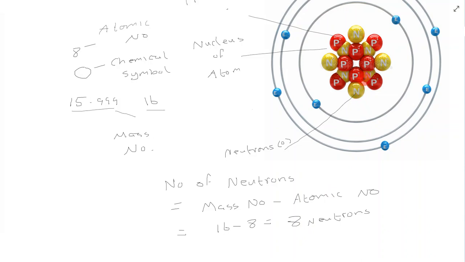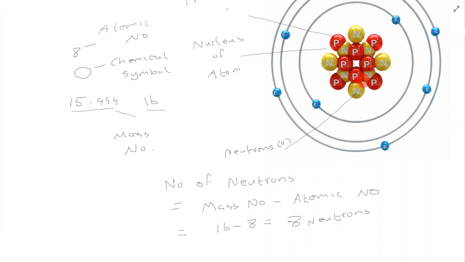So if we have a look here, we've 1, 2, 3, 4, 5, 6, 7, 8: 8 protons and then 8 neutrons. Now, the neutrons have no charge. They don't carry any charge at all. The number of neutrons present within the nucleus of an atom can actually change. This particular model of oxygen has 8 neutrons, but you can also get atoms of oxygen that have different numbers of neutrons,